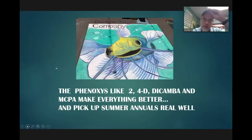We've talked a lot about the phenoxys today. These are the dicambas, the 2,4-Ds, the MCPAs. These are auxin inhibitors. This is some of the oldest families of chemistries that we have. Okay, they were the first ones that were developed. In lawn care, they're often mixed with one another. They're mixed with something of the pyridine family. They're mixed with something like carfentrazone or sulfentrazone, and they make everything a lot better. Okay, this